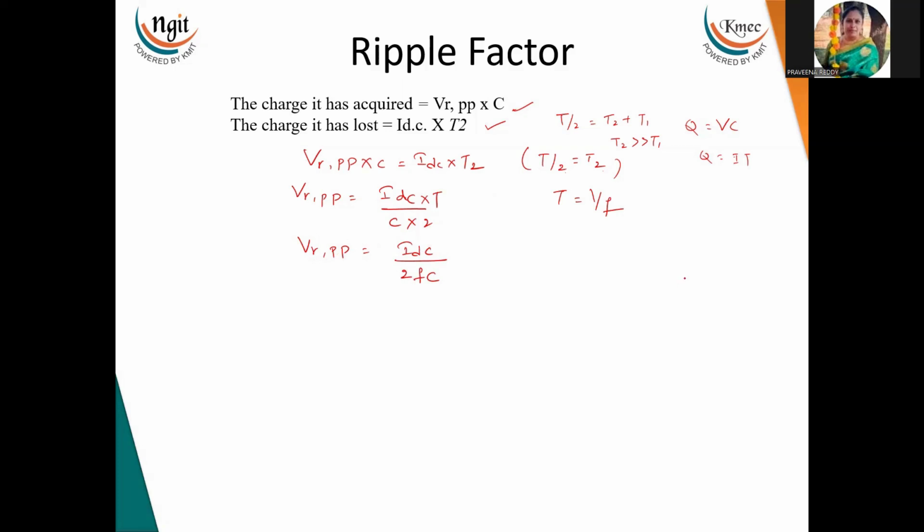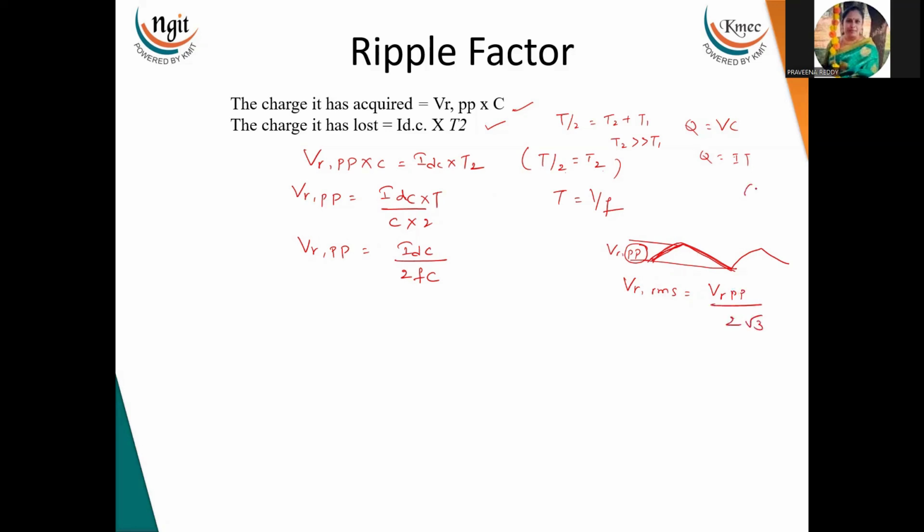Now if you see, the capacitor is charging like this and discharging, charging like this and discharging. This is almost looking like a triangle waveform. Now I denoted this as VR peak to peak. This needs to be converted into RMS, VR RMS. For the triangle waveform, the expression is VR peak to peak divided by